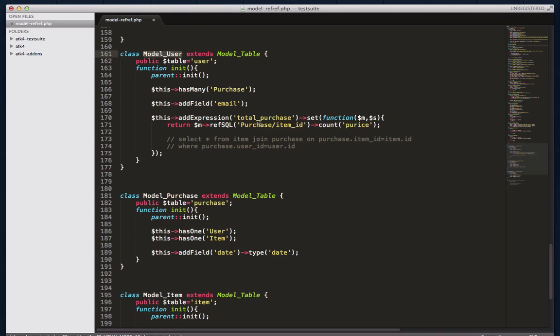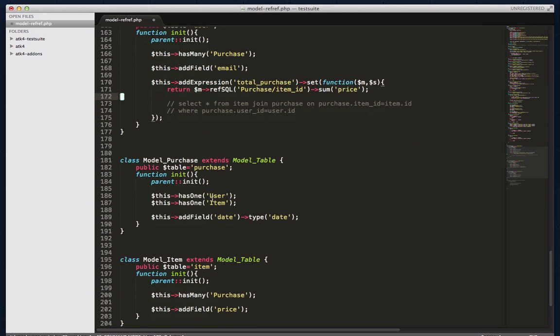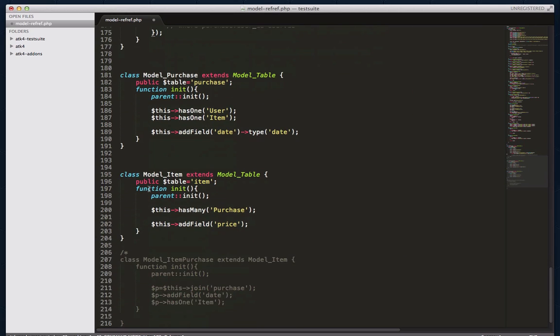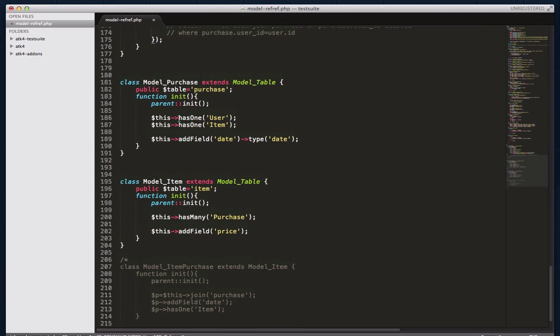It will include a field called total purchase and will contain a sum, not count, sorry, but sum, the total sum of all the purchase prices. Now there is one challenge here, and it is if the intermediate model, such as purchase, would actually consist of